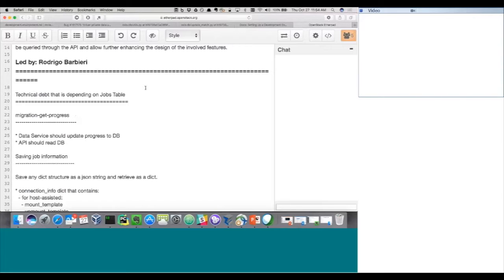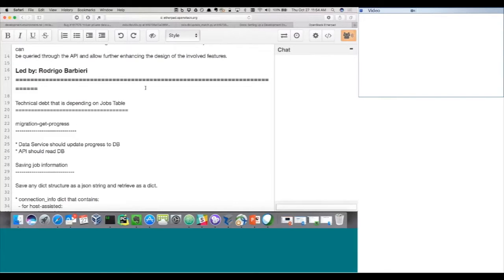Why is that? Basically, the way it currently works, you may trigger several migration operations, and the data starts to be moved all of the time, but there is no way to track what's going on if one of them has failed, unless you check the share itself and take the logs. And what we are thinking here is that there are other features in the code, such